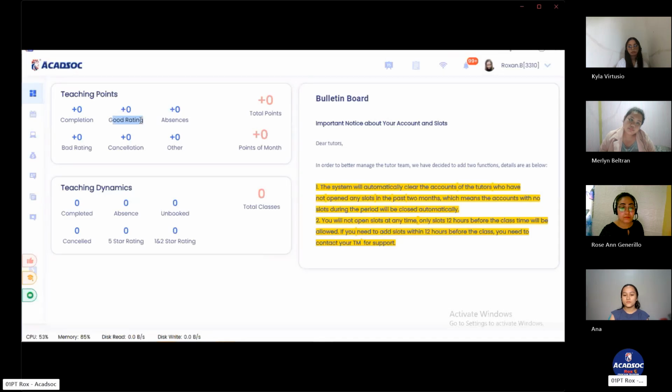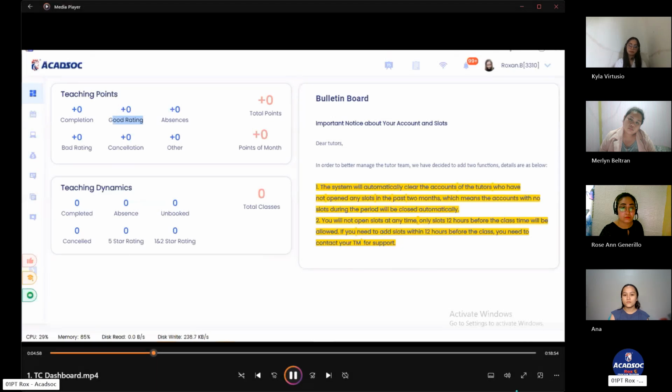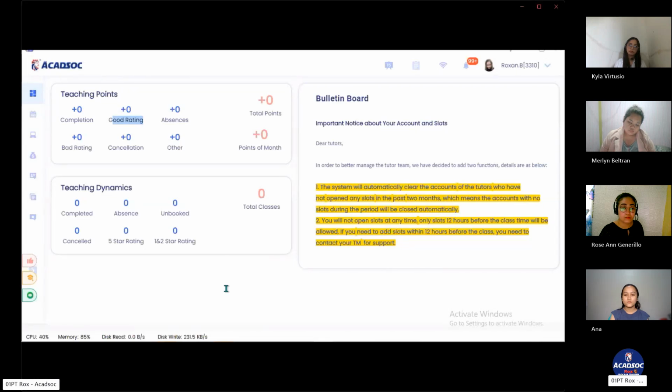However, teachers, if your student, let's say, didn't give you any ratings, or maybe they just forgot to give you ratings, that's okay because automatically, teachers, you will still receive 4 stars because 4 stars here is our default star. However, if your student gave you 3 stars or below, then that's automatically deemed as a complaint, okay? But no worries because even though it's going to be tagged as a complaint, it's not going to be taken